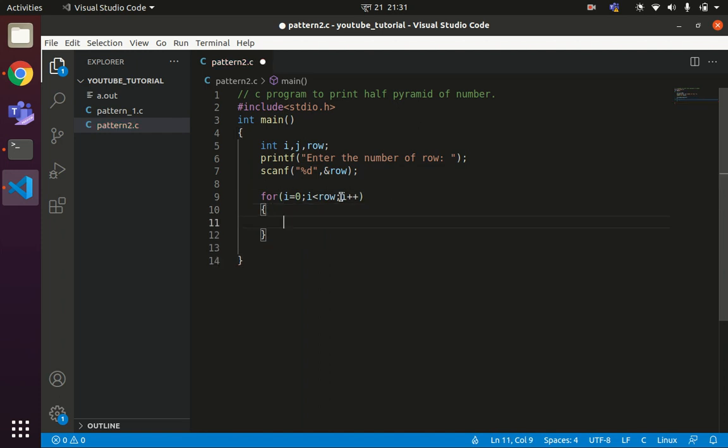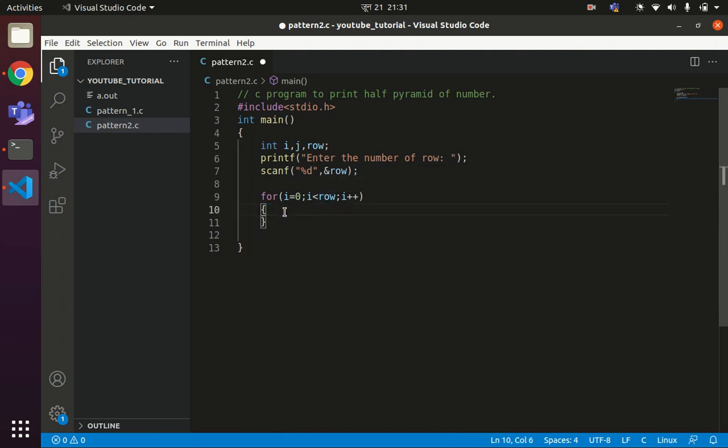Row times, and its index will be from 0 to row minus 1. It means all the statements within this block will be executed row number of times.